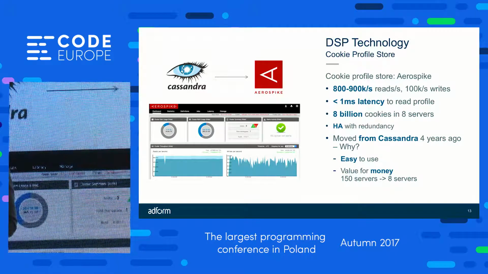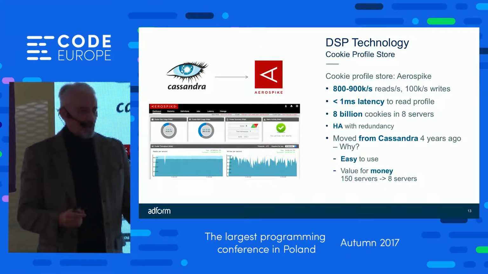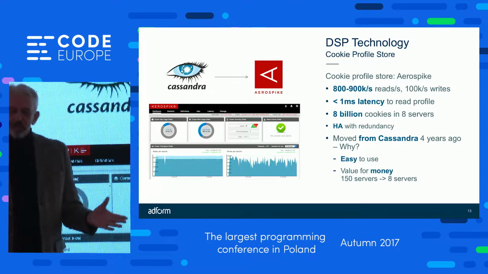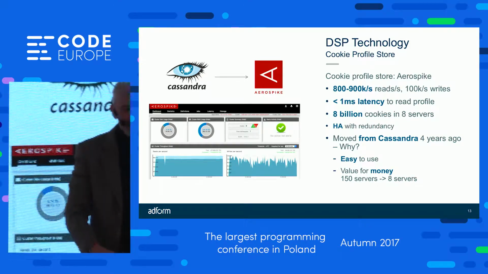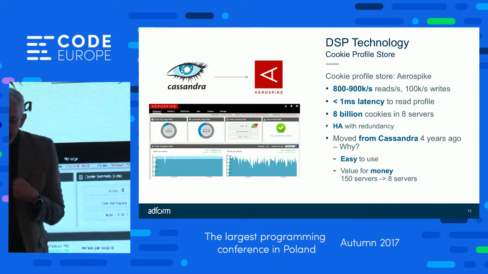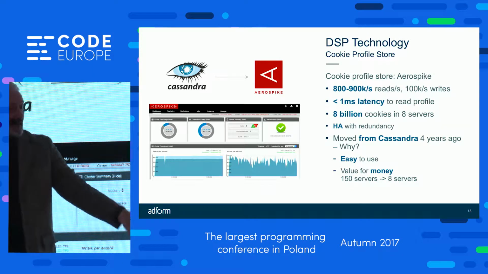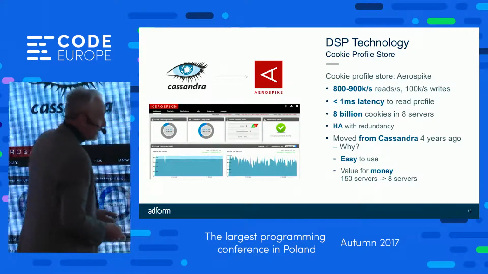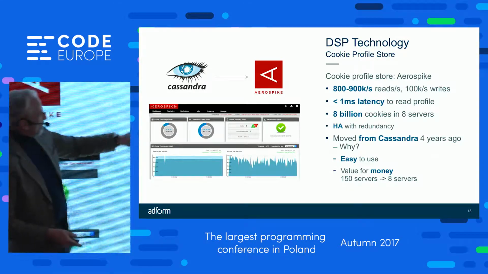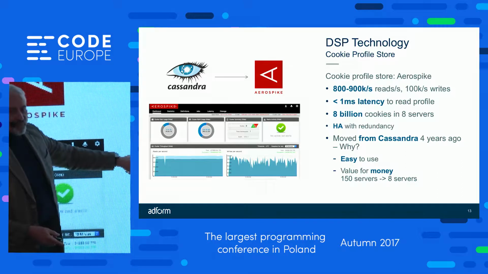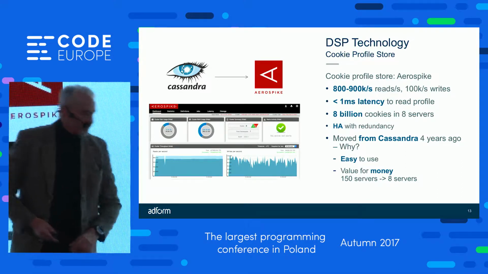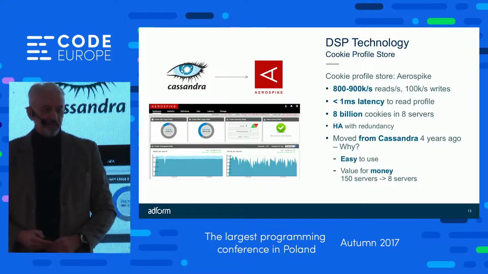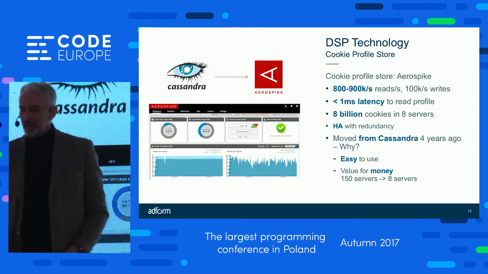So Cassandra didn't give us the high availability because Cassandra is written in Java, so it runs in a JVM. And every so often, the JVM is like your mother. It says, okay, put your toys away. I need to clean the floor. And you get up on the sofa with all your stuff. And she cleans, and she says, okay, you can go back, and you put your stuff back down and carry on with what you're doing. So that's what garbage collection is like in a JVM. The other thing, too, is because we store 8 billion cookies, that's a lot of stuff. So we went from 150 Cassandra servers down to 8 Aerospike servers. So our DevOps people only have to worry about 8 things instead of 150.